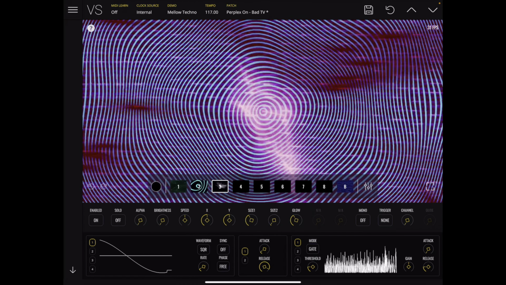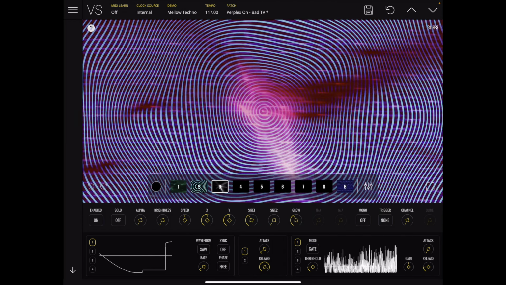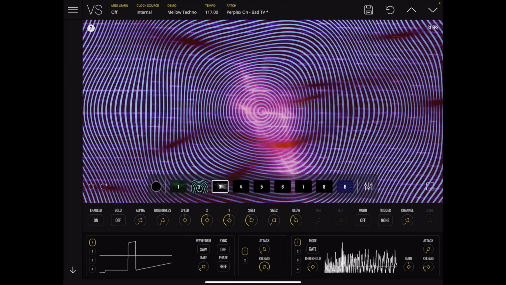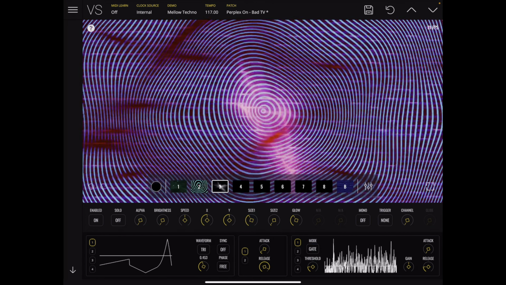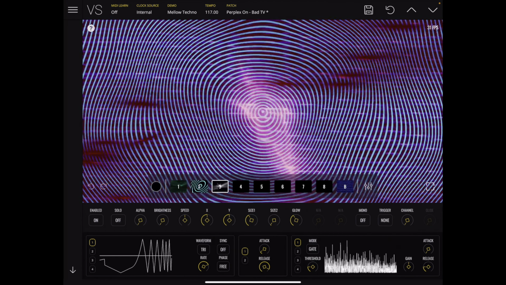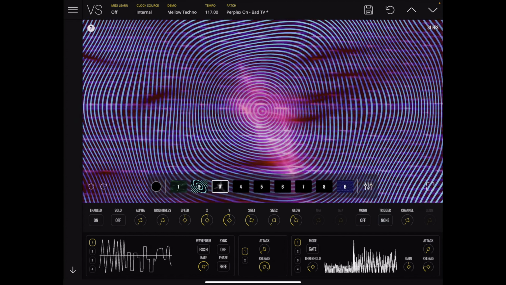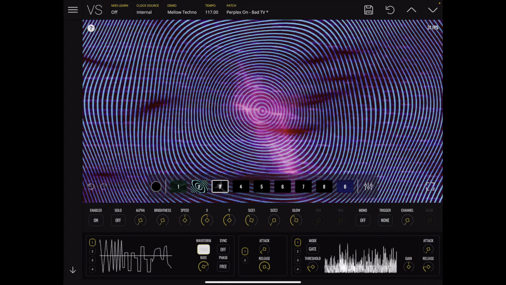So let's take a look at the modulation sources. You have an LFO here on the left. You can change its waveform. You can notice the changes here in the way that the images are modulating, for lack of a better term. You can change the rate here to make it more noticeable. So I'm seeing some different changes with these waves here. It's subtle, but still gives you a lot of control,